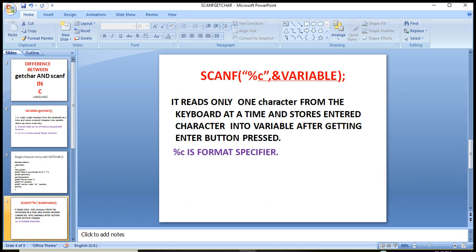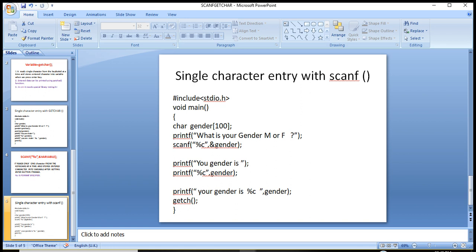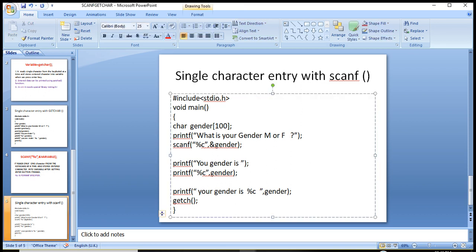Okay. Now we learn its program. In the same way, hash include, void main, char gender is the variable name we have declared, and we need not give a dimension. This is called the dimension of a variable. Here we need not give the size of the gender variable.